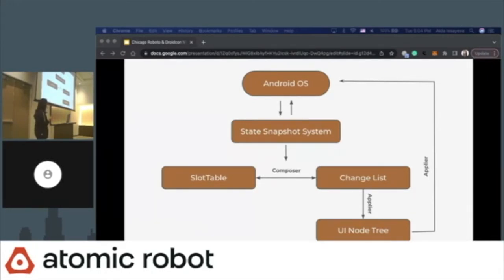And so the state snapshot system has observers that are subscribed to the Android OS, and all these user interactions and so on awaken the state snapshot system to notify the lower levels about the updates in the state, and hence the name state snapshot system. All of those state changes are passed down to the composition layer, where the Composer specifically